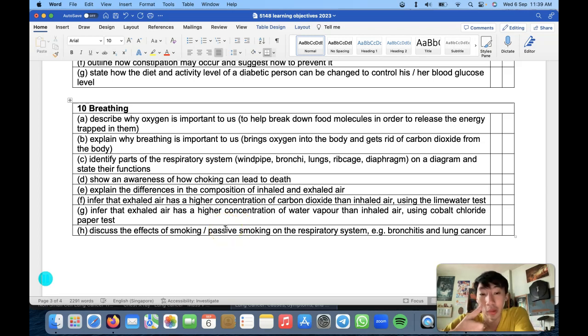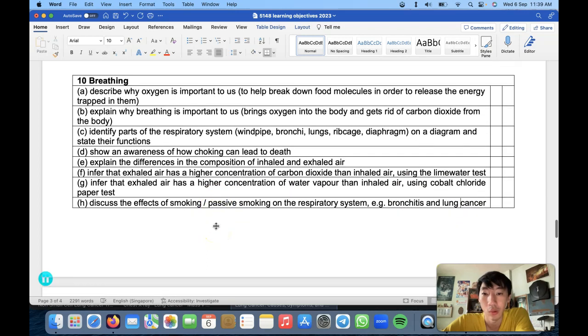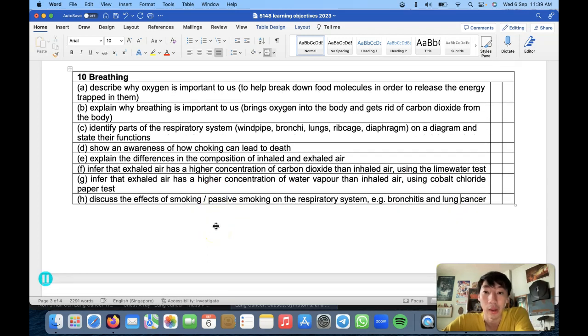You also get the harmful effect. Okay, and then you can also fall sick with bronchitis and lung cancer. So if someone is smoking near you, if you can walk away, walk away. If you're not able to walk away, for example, you are trapped in that room or house, you should tell them that you do not want to get secondhand smoke, and please ask them to smoke further or far away from you.